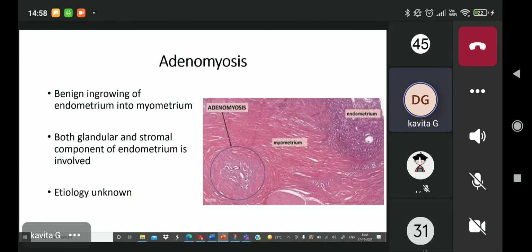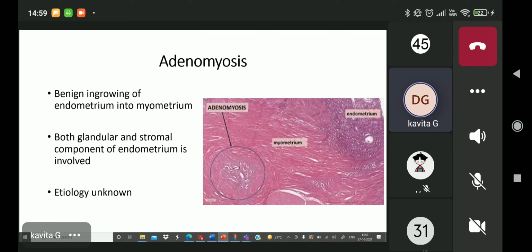Now, another one is adenomyosis. What is adenomyosis? If the endometrium is traveling to an outside city, what is it? It is endometriosis. But if your endometrial glands are going locally in the neighborhood, then it's adenomyosis. That means you would have ingrowing of endometrium into the neighborhood. And what is the neighborhood? The neighborhood is the myometrium, or the uterine smooth muscle.